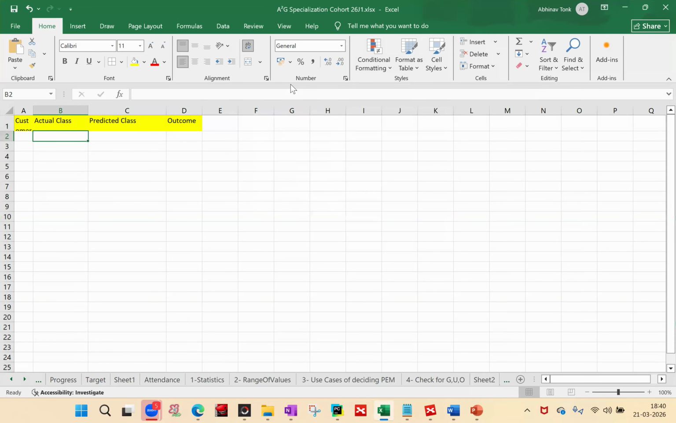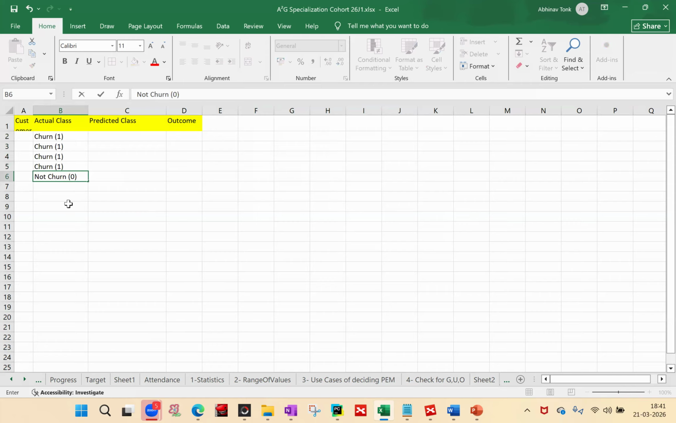Okay. So let's take some examples. Okay, let me fill this table real quick. So let's say that for the actual class, the first 4 are churn and not churn, 1, 2, 3, 4, 5 not churned,